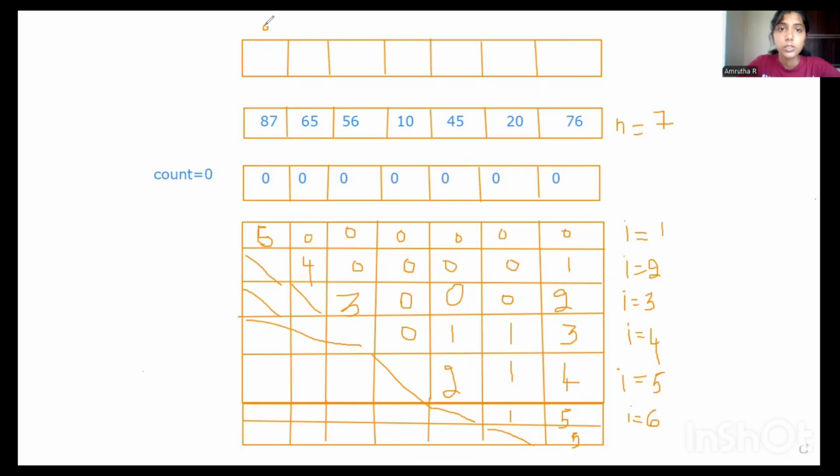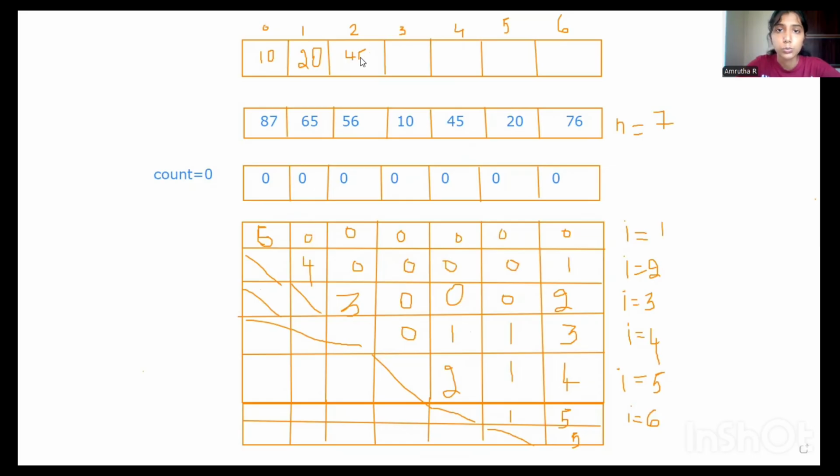The index of the new array, let us take it to be 0, 1, 2, 3, 4, 5, and 6. Now the count of 10 is 0. So we're placing 10 in the 0th index. The count of 20 is 1. So in the index 1, we are placing 20. Count of which element is 2? If we look for that, count of 45 is 2. So 45 will be placed at the